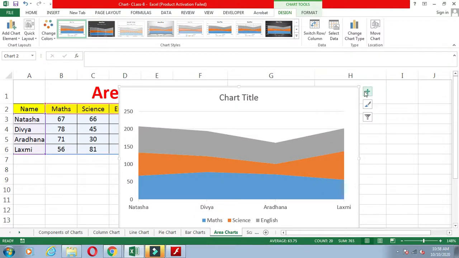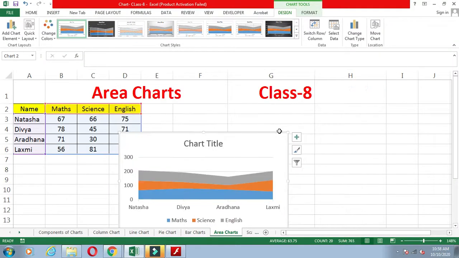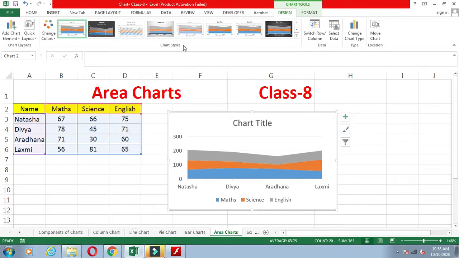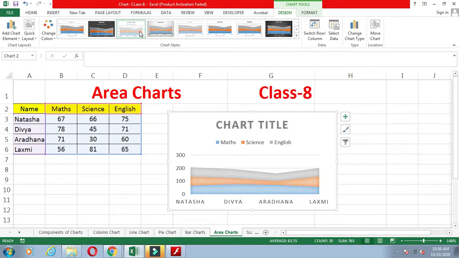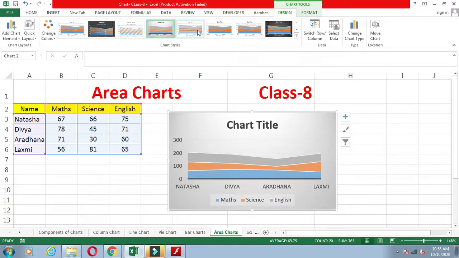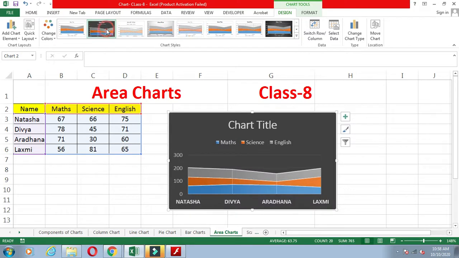In this way, you can select any one and show your area chart. Again, all the things are the same there: x-axis, y-axis, plot area, chart title, legend. Why is this legend important? This legend is showing your data series, and you can format this legend also.